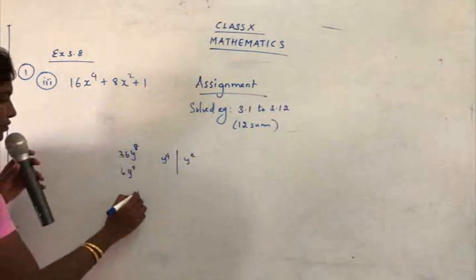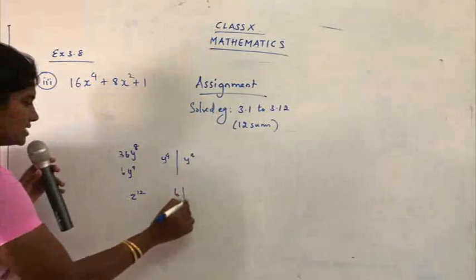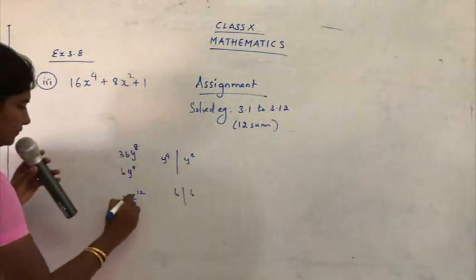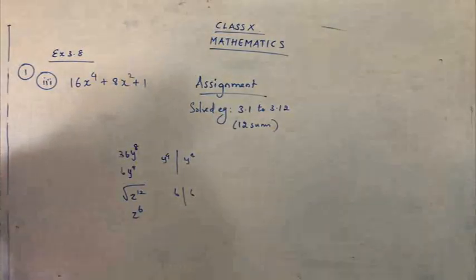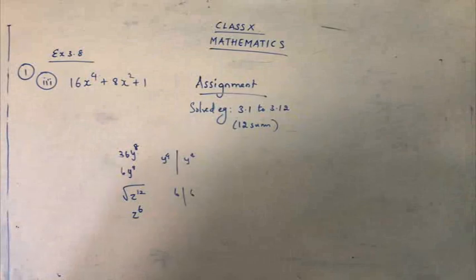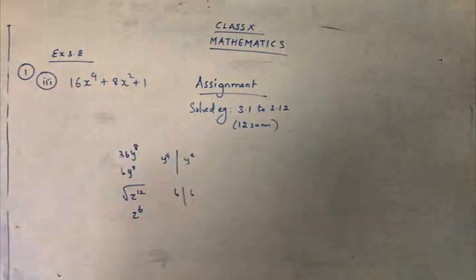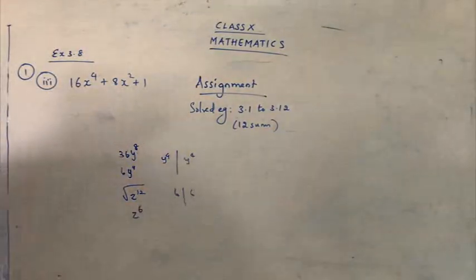Similarly, if you have z raised to 12, what is the square root of z raised to 12? Yes, half. So 6. So you get the square root as z raised to 6. Clear? So now let's move further to the sum. The question is 16x raised to 4 plus 8x square plus 1. So let's